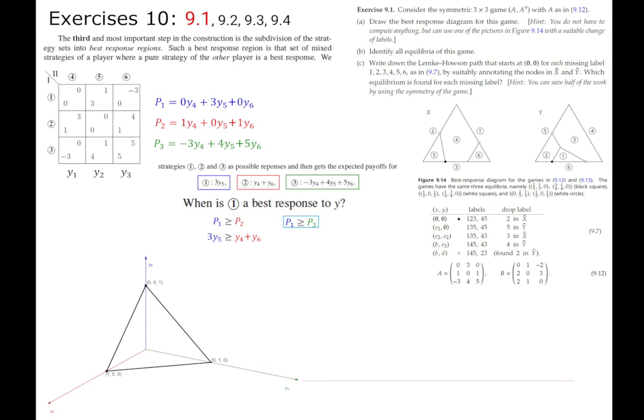Using the equations, we would have that the first condition is satisfied when 3y5 is greater or equal to y4 plus y6, and the second condition is satisfied when 3y5 is greater or equal to minus 3y4 plus 4y5 plus 5y6. We can